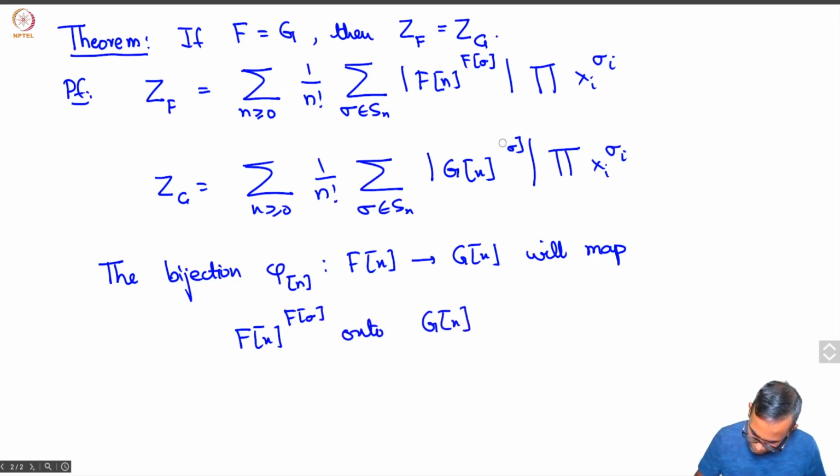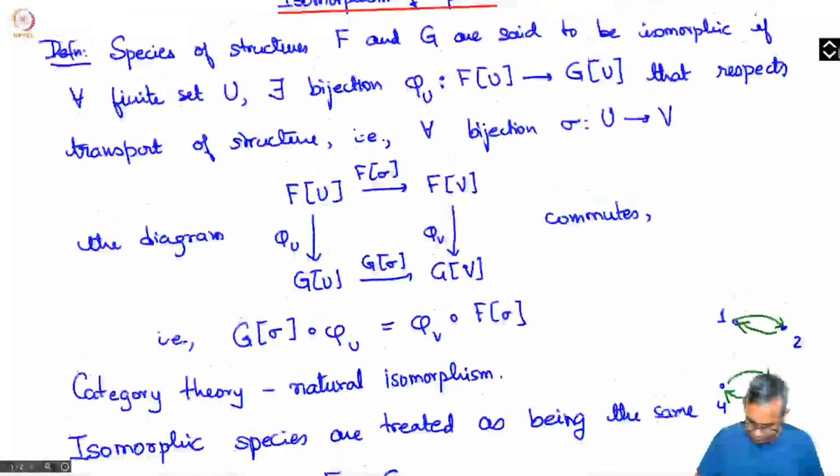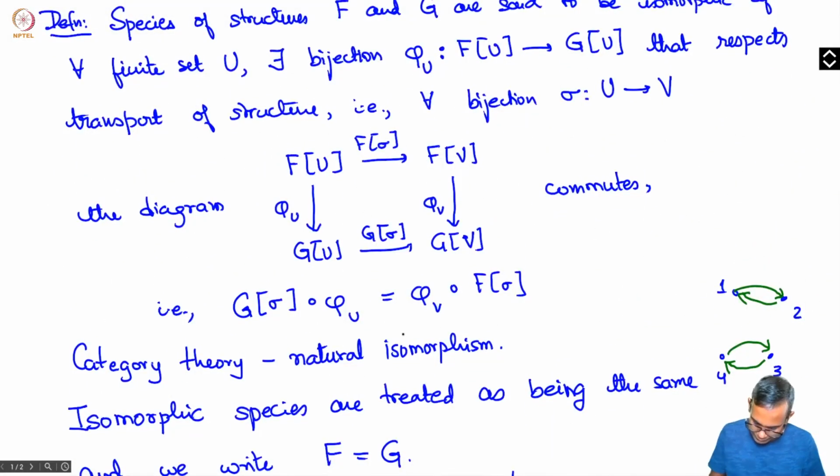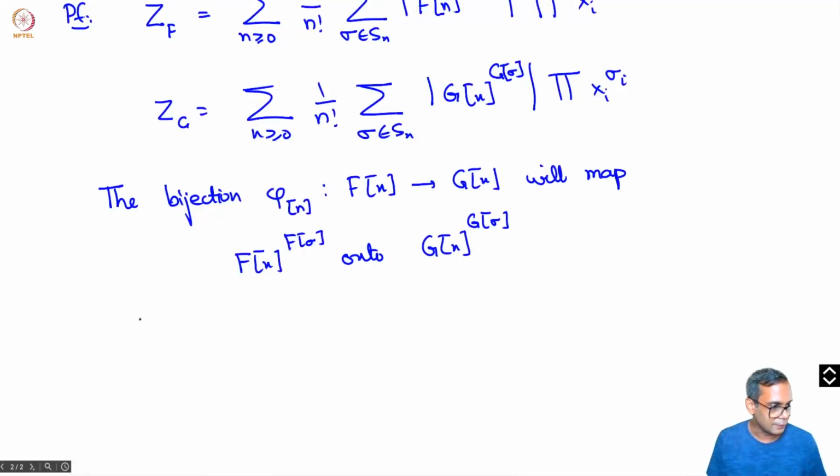Oops, this should be G sigma, not F sigma. G fixed points, Gn G sigma. That's just because of this naturality property that G sigma circle phi u is phi v circle F sigma. Because what we have is that